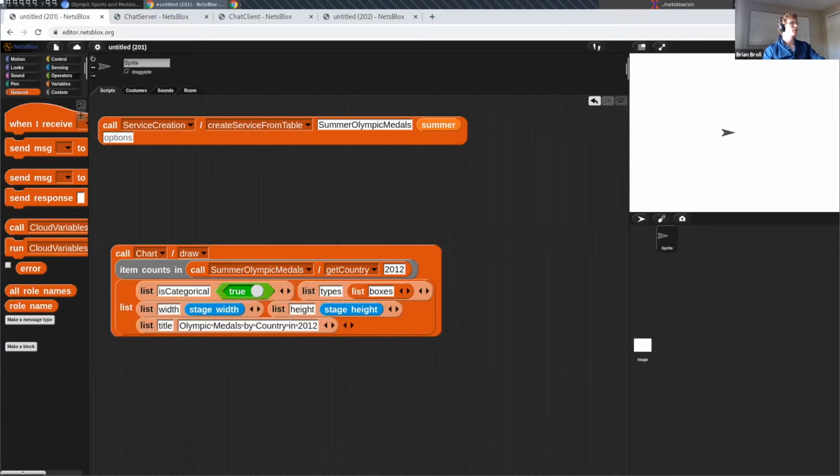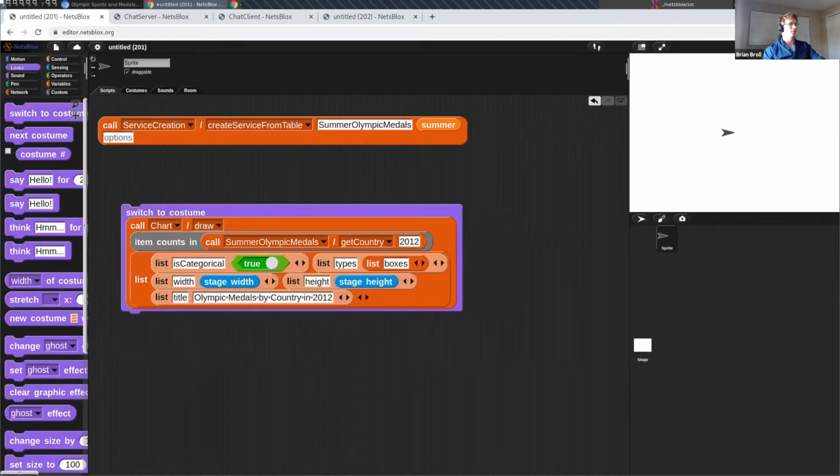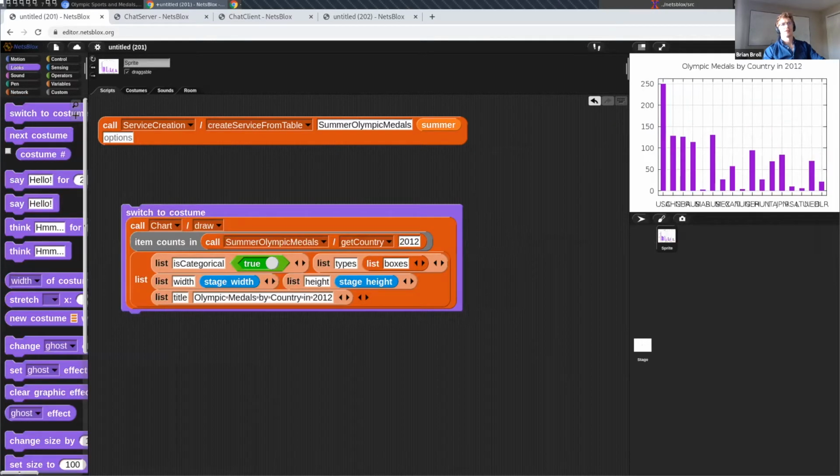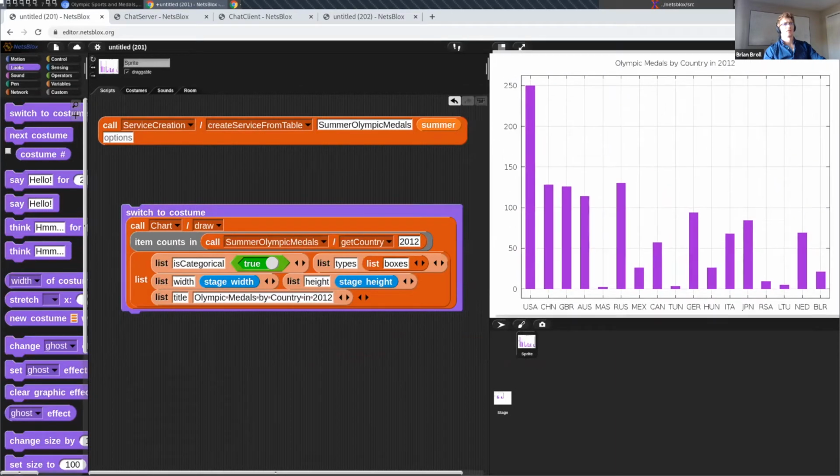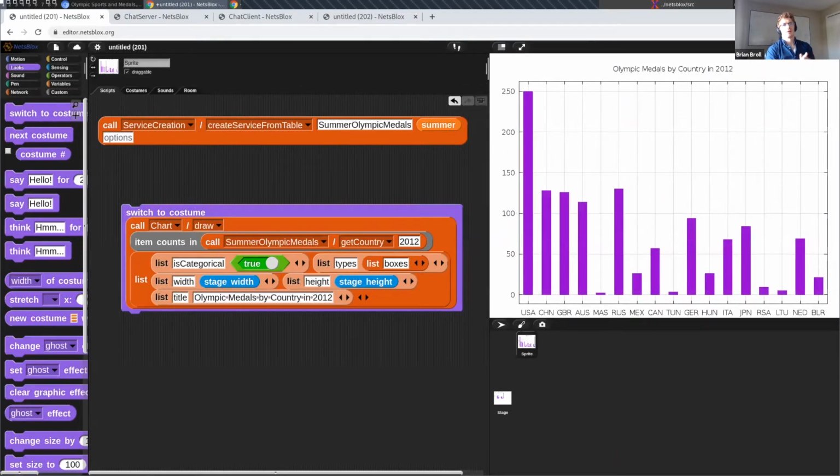All right, and now if I pass this as the set of options, when I call this, we'll see a little figure, and I can switch to the costume like before. Now I can see that we actually have this plot. The x-axis is a little bit jumbled, so I can increase the stage size. And now let's recall this. And here we go. And now I've been able to create my own data set and then do some data visualization with this newly created data set immediately after.